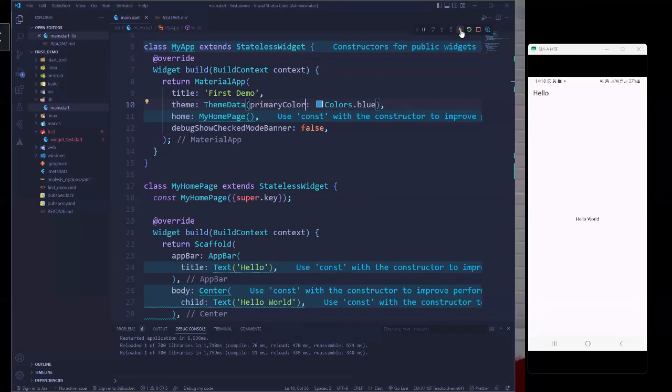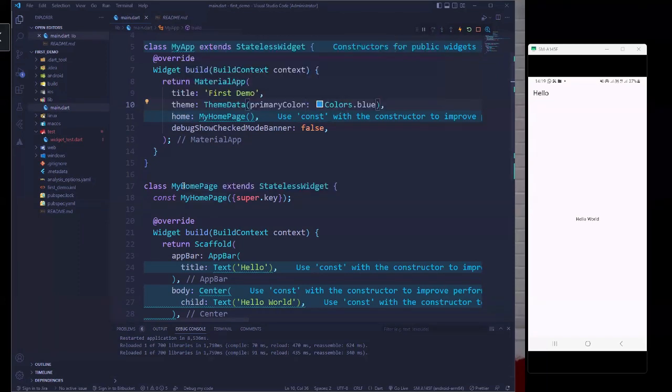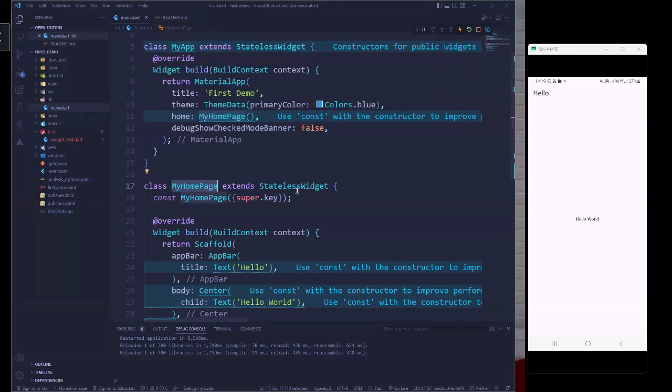So and then it has what we call the home. Now, this home is the widget, right, for the default route of the application. So home here is like the first screen you're going to see, right, when you actually open up or run this widget. So it's the inner UI of the application, and we are setting it to another widget called MyHomePage. Okay. Now, this is MyHomePage here. If you look at it, it's actually the same thing as this guy because it is extending the stateless widget. Now, the only